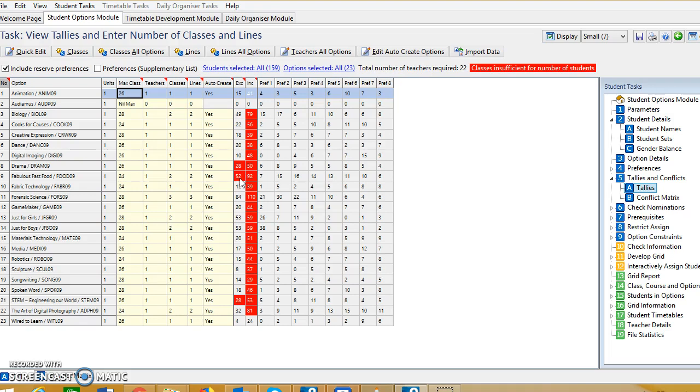Now, one of the things we probably need to do is work out what total number of classes. So we've got 22 classes at the moment. And I think if we have 6 classes per line, we could go up to 24. So we could add 2 classes of a particular subject. Now, one way to help that would be look at the reserve. So this number here indicates the reserve preferences in addition to the original preferences. So when you see large numbers, okay, it looks like fabulous fast food. We might want to run 3 classes instead of 2, and so on. Next thing we can do is